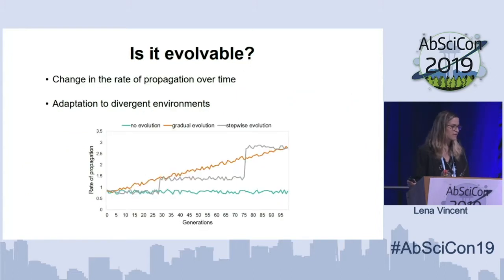And finally, I just want to end and comment on this question of, is it evolvable? I think that's ultimately what we want to know and what would make us really excited to find. And so we're moving in that direction right now, and we're basically looking to see if we can find changes in the rate of propagation over time in response to our protocol. That figure down there is just hypothetical data, just to show you that we have some notion of what that should look like, even if we have different modes of evolution.